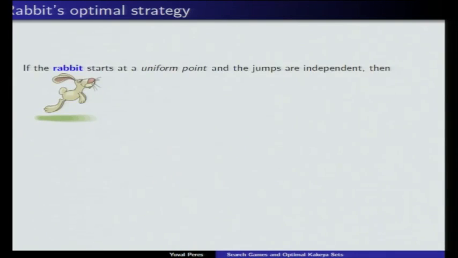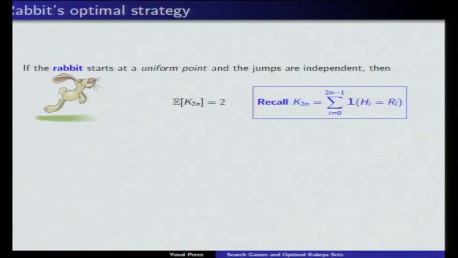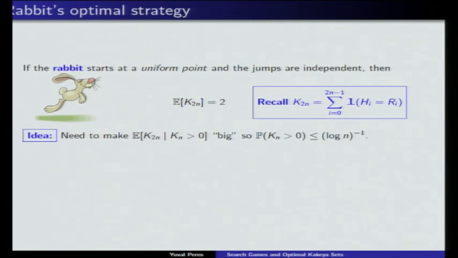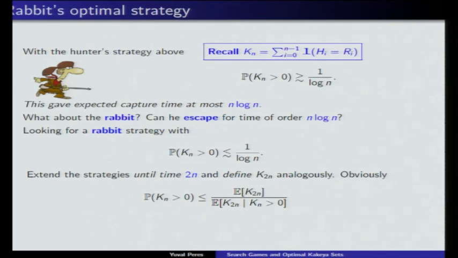And now the idea is we're going to have the rabbit do a random walk, but it won't be a simple random walk. He won't jump 1 step at a time, and he won't jump the maximum. He'll do something intermediate, which we'll see. Because of that inequality before, which is almost an identity, let me go back. So the expected number of collisions in time 2n, if the rabbit starts at a uniform point, and at every individual time he'll be a uniform point, this numerator is just going to be 2.